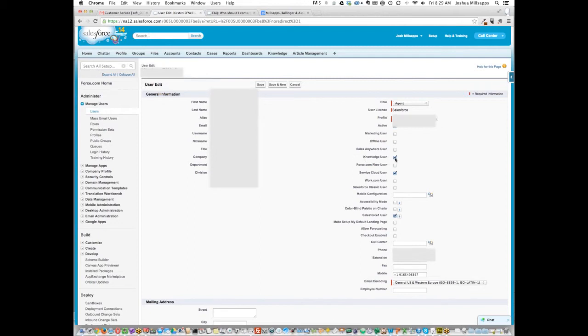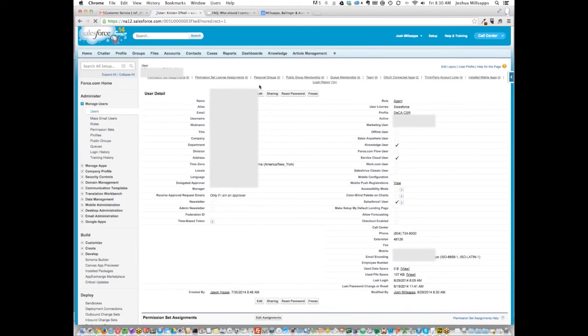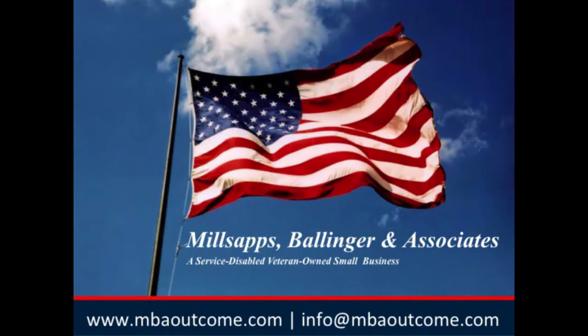This is your feature license. This is what allows you to be part of the knowledge management effort itself. So you just want to make sure that's checked. Then once you save it, everything is real time. As soon as it's saved, that person's added into